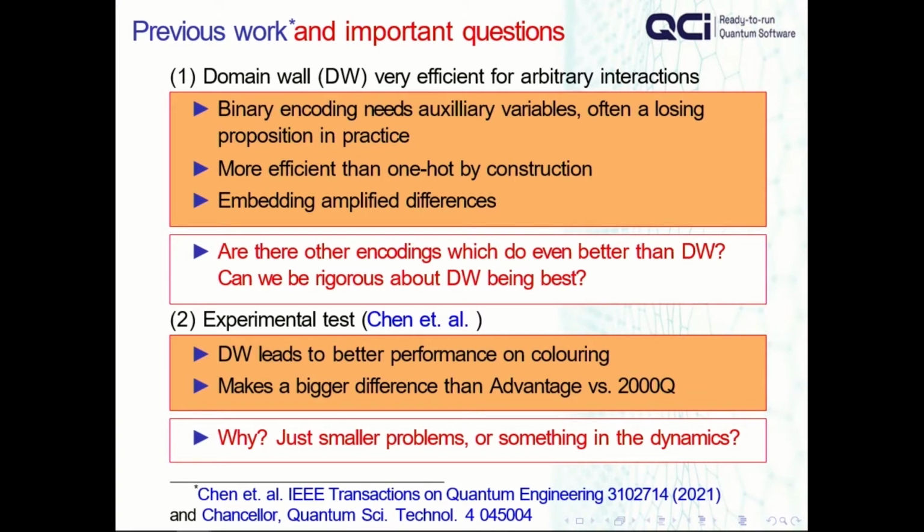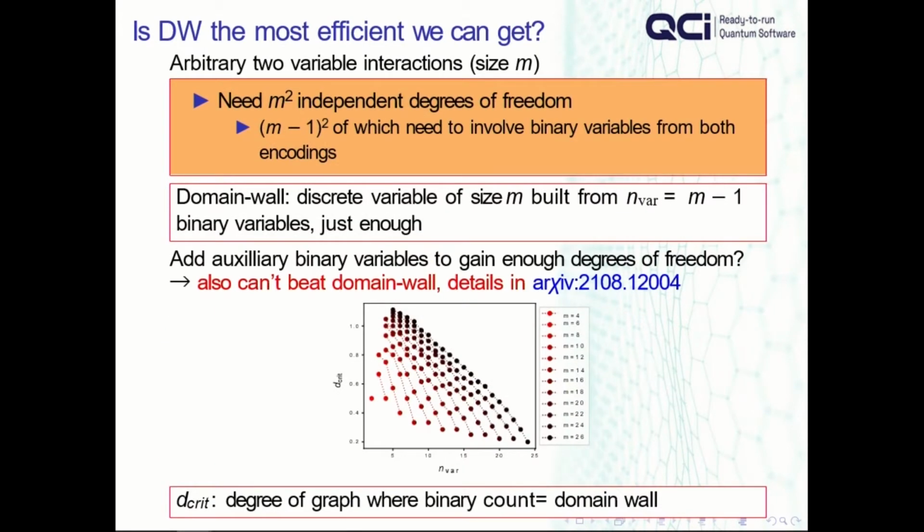By construction, basically, you get 1 fewer variable the way you do this, by encoding it as a slice on a chain rather than as a group where you've constrained one of them to be 1. And then we also showed experimentally that the dynamics actually are more favorable in a very concrete way in that it freezes later, and I'll explain what that means later on. And that builds on the previous work, which showed it works better and showed it's more efficient. Although showing it's more efficient is fairly trivial. You just count the qubits.